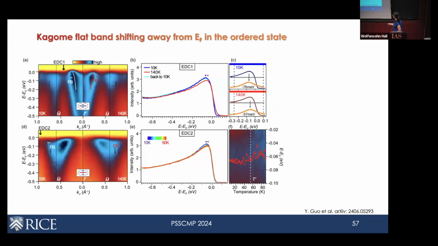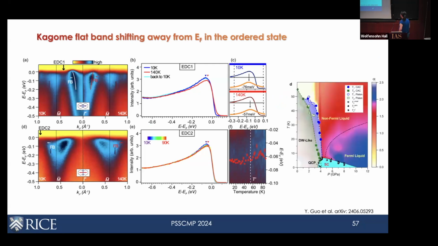So as a function of temperature, we track the position of the flat band, and we can see that as it enters the ordered phases, it actually shifts away from the Fermi level. And so just as a very hand-waving interpretation, we can think about what would happen when this density wave gets suppressed. Perhaps that leaves a larger residual density of states near the Fermi level, and then eventually